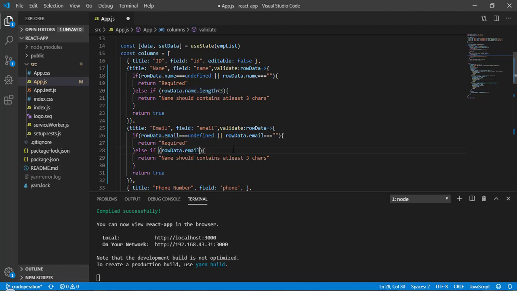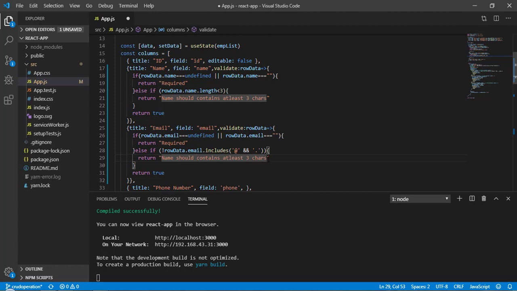So here email dot, and we will use a function called includes, and I will pass the @. That means the @ should be contained in this email, and it should also contain a dot. If not, return a message: enter valid email.